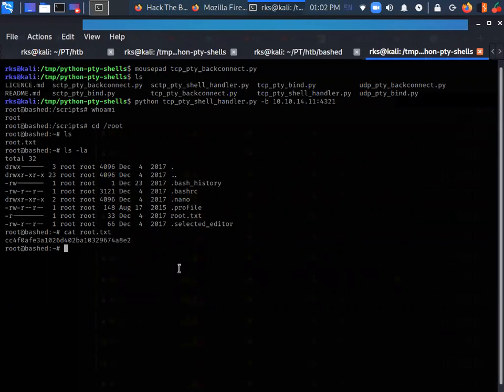Any doubt? No. Okay, we have successfully rooted this machine. There are a lot of different techniques that we learned here. We saw what is PHP bash, a sort of web shell. If you already know, that's good. If you do not know, this is something new. Then we learned how we can download files to and fro, from attacker to the victim, and how to set up a local HTTP server using a single Python one-line command.